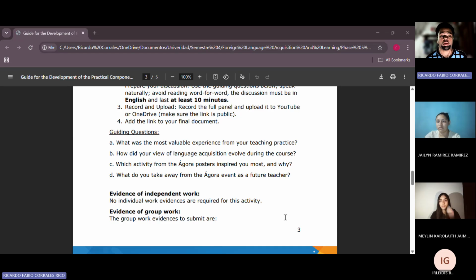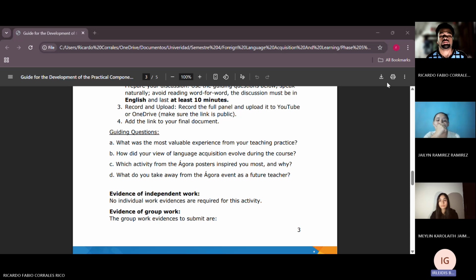Now, ladies, what was the most valuable experience from your teaching practice? The most valuable experience from my teaching practice was learning how to connect better with students through meaningful activities.